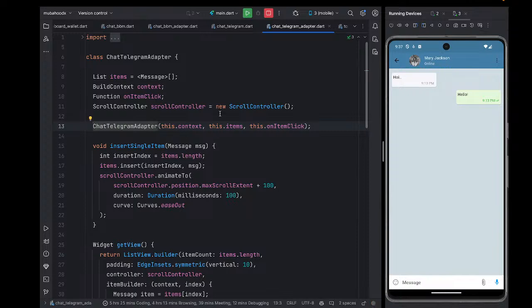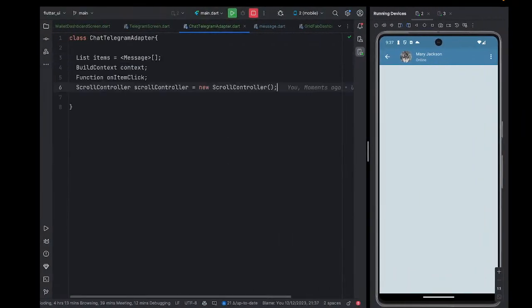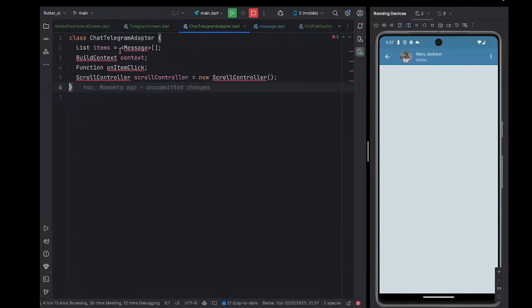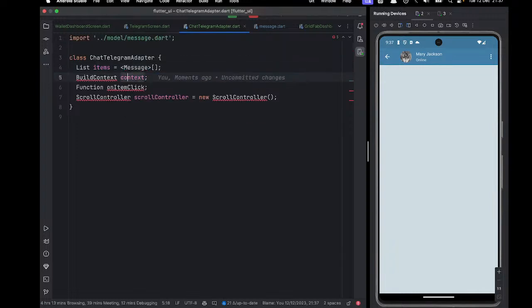So we're going to have here a list of items that we want to display, and then the build context and the function that we'll be calling when someone clicks on something. Okay, and then the scroll controller. So you can pause the video and create those variables in your chat telegram adapter. Okay, so I can come here and paste them there. So everything is nice so far. Let me import this. So I'll import the messages. Go ahead and import